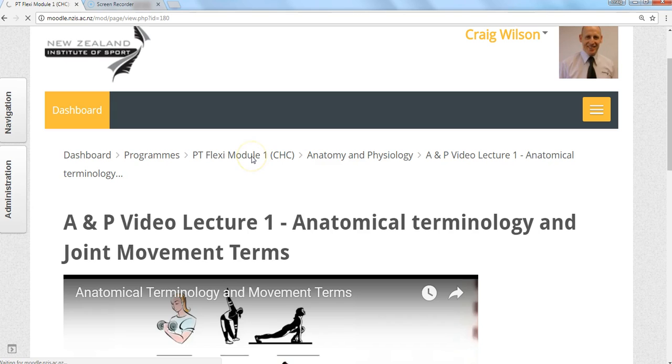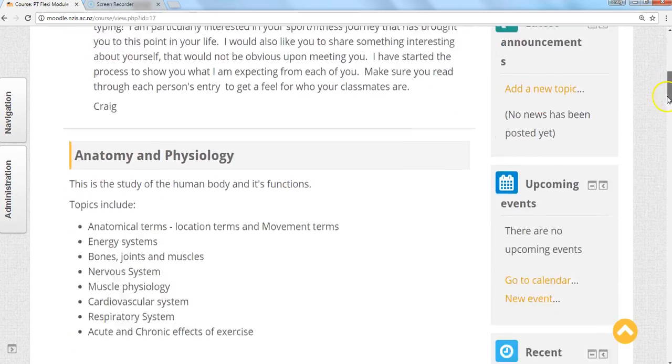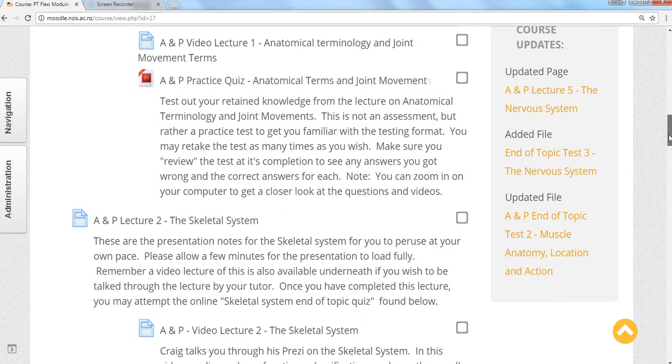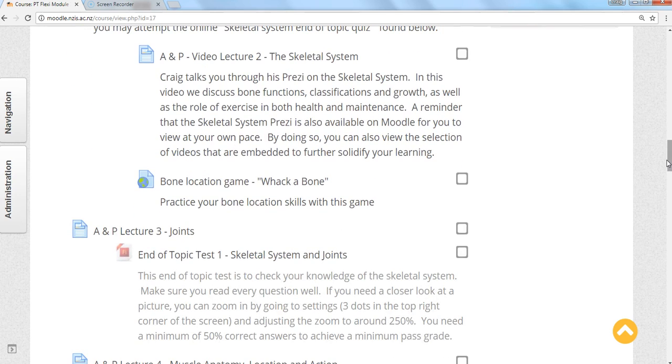We'll go back into the module here. Now in certain modules as we go through, you'll find not only that we have the video lecture there, but I may also put some links in to help you practice some of the learnings. So an example of that is in lecture 2, the skeletal system, where you have to learn the location of bones. When you see this little web link here, so it's the worldwide sort of logo there, and it says bone location, whack a bone, you simply click on it